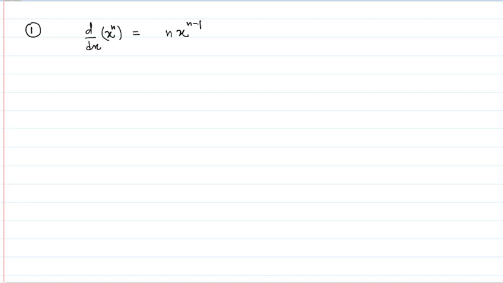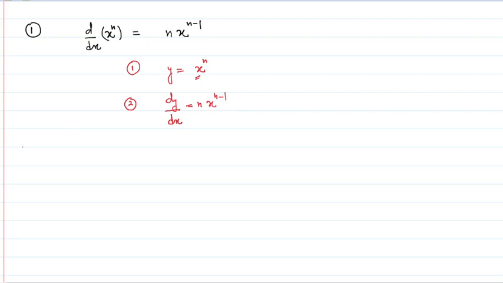Suppose you have y is equal to x raised power n type of function. Always remember, your function should be of this form, y is equal to x raised power n. Then what will you do? Simply, if we have to do differentiation with respect to x, we will write d by dx. It will be equal to n x raised power n minus 1, bringing the power in front. Okay, so this is basically this formula.